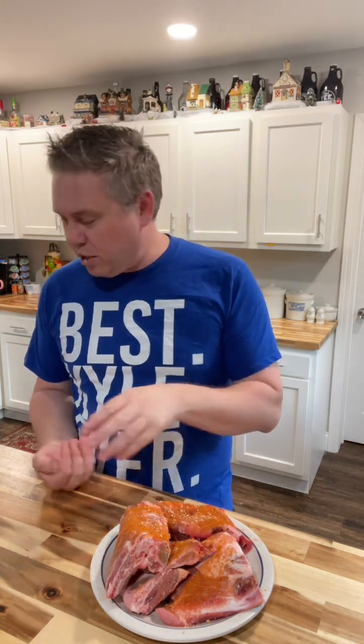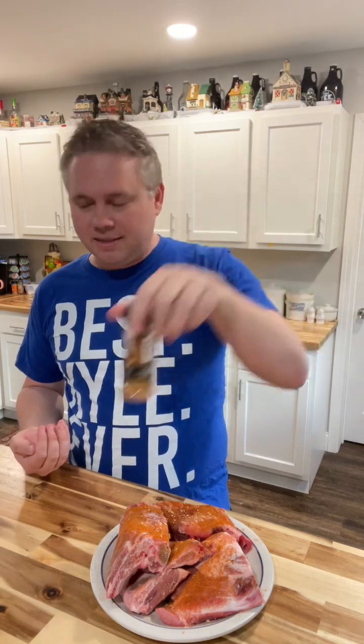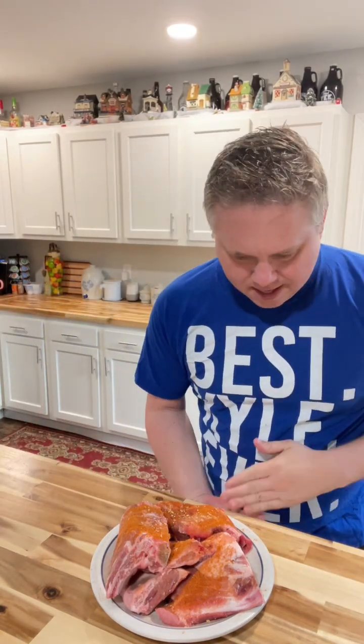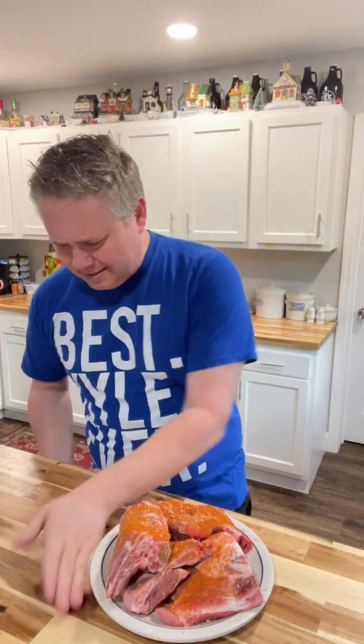So what I'm going to do is put it on there for now, and let this rest maybe 30 minutes to soak in some of that flavor. That's while my grill is getting hot, and then we'll go outside and start to grill these things. What I'm going to do is actually spray these with some cooking spray, and then I'll be able to get my steakhouse seasoning to stick. So the garlic and all that can soak in and help flavor these neck bones, poor man's ribs,